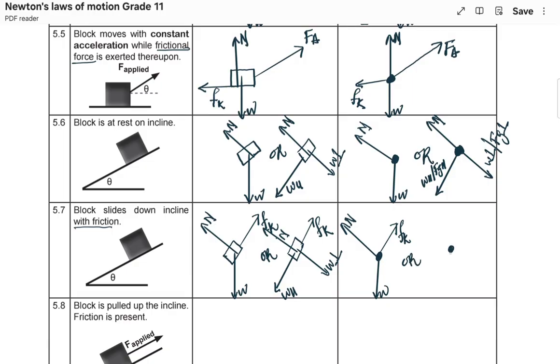So in terms of components, now the components of weight, so it will be this one going down, weight being parallel, and the other one is weight being perpendicular, or FG. So I still have normal, and because it's moving down, the friction has to be less. Okay,